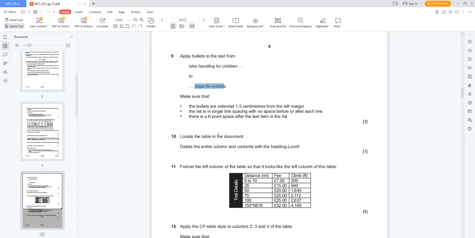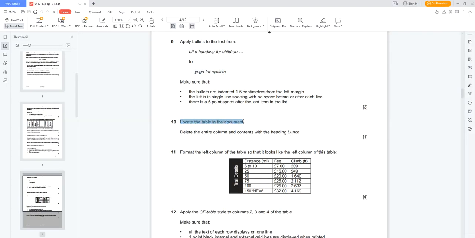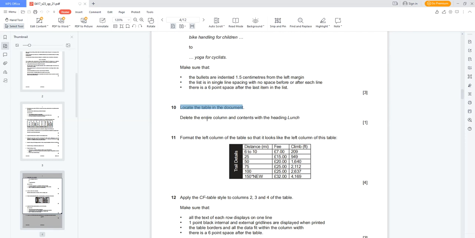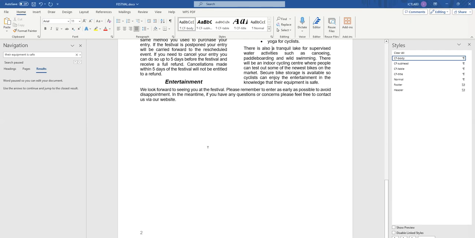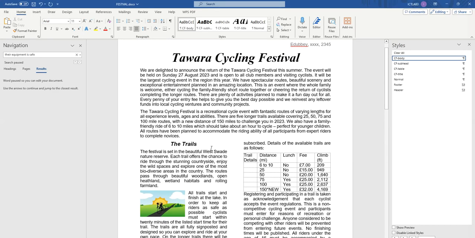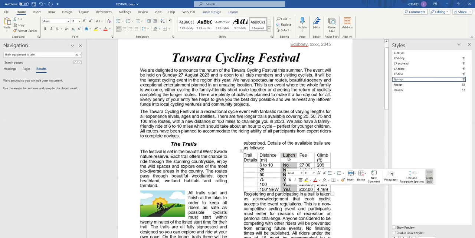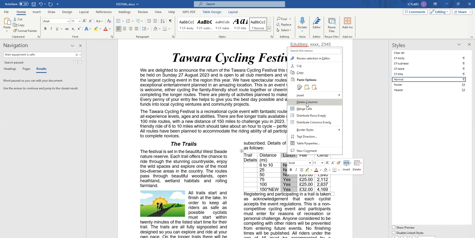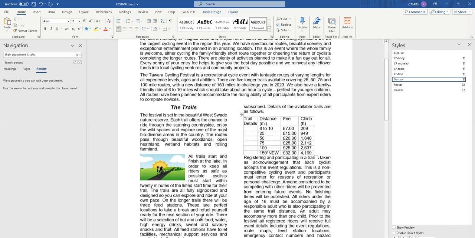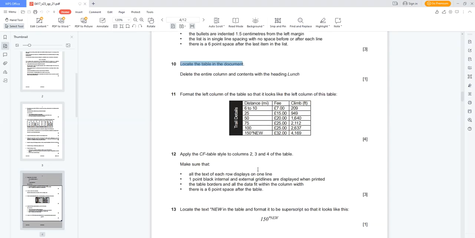Then locate the table in the document, delete the entire column and contents with the heading lunch. So where is the table? The table is somewhere here, the entire column. So right click here, just right click and you delete column. Then the next question says,